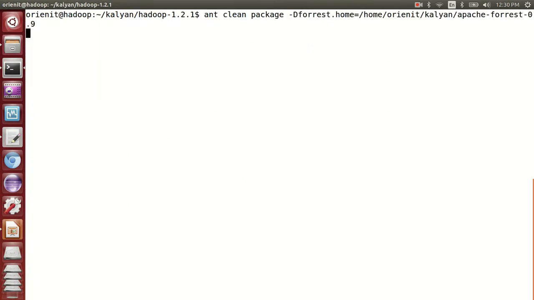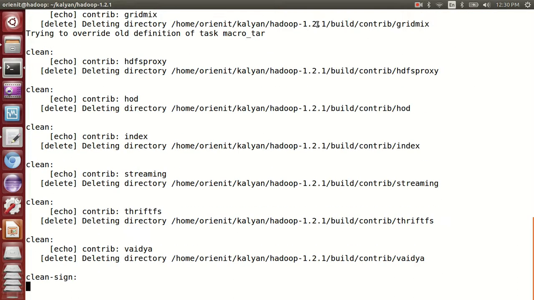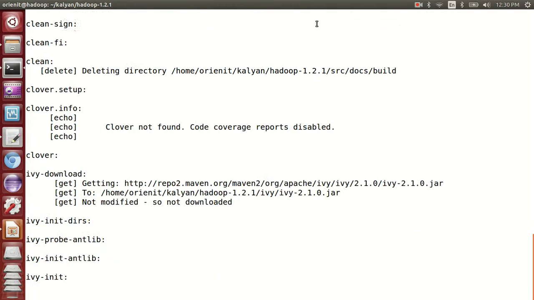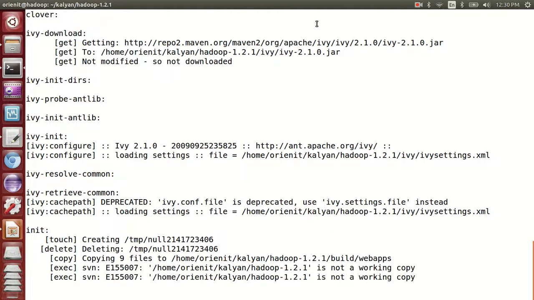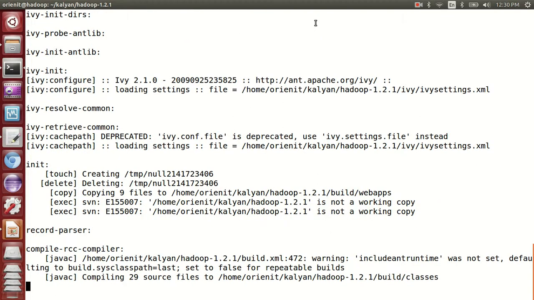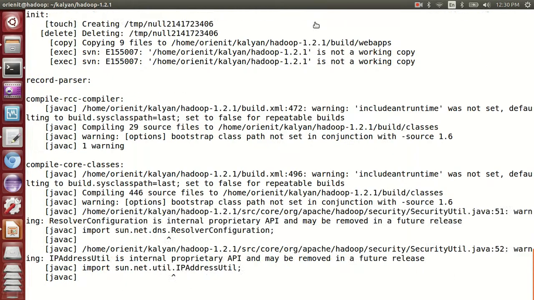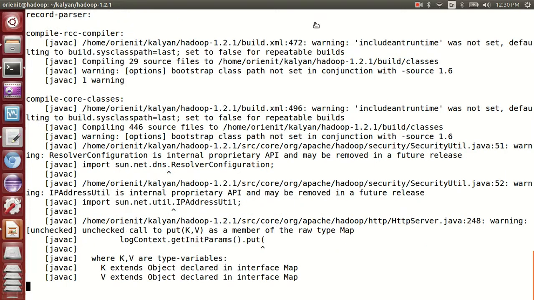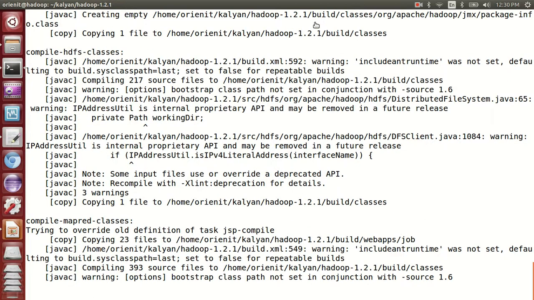It will download some repositories and place them on the machine. Let's wait for a few more minutes. In the command, clean is cleaning things up and package is building the package.